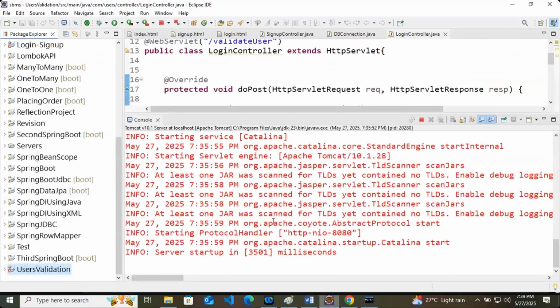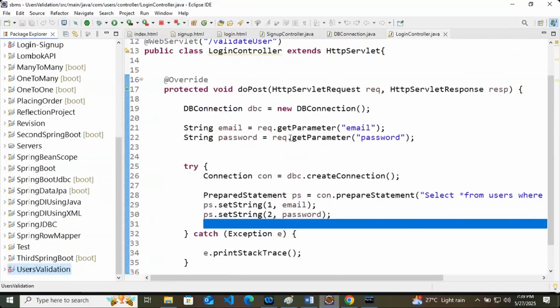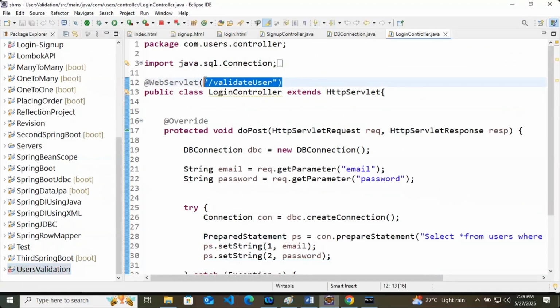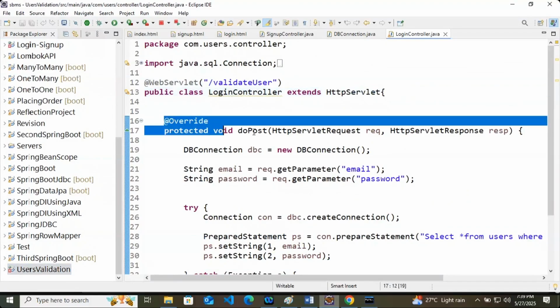And if you see in the login controller: the validateUser annotation, extending HttpServlet, overriding the doPost method.